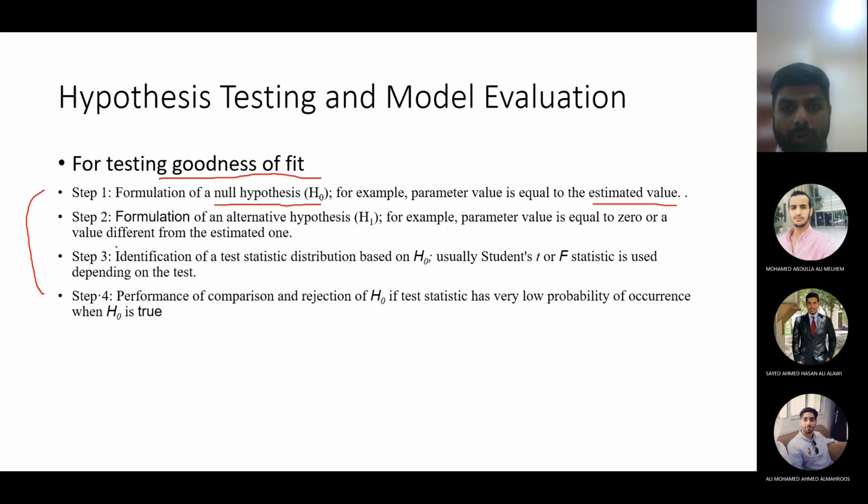Alternative hypothesis: my model does not give me a value equal to the actual value. Third step, for your model, calculate either a T value or an F value, and then calculate the probability of this T or F from a standard distribution table. I'll show you the distribution tables. And if you fulfill your criteria of probability, you will say null hypothesis is true or null hypothesis is wrong. I know these are heavy things for the time being, but as we move forward in these slides, I think with examples the concepts will be clear.